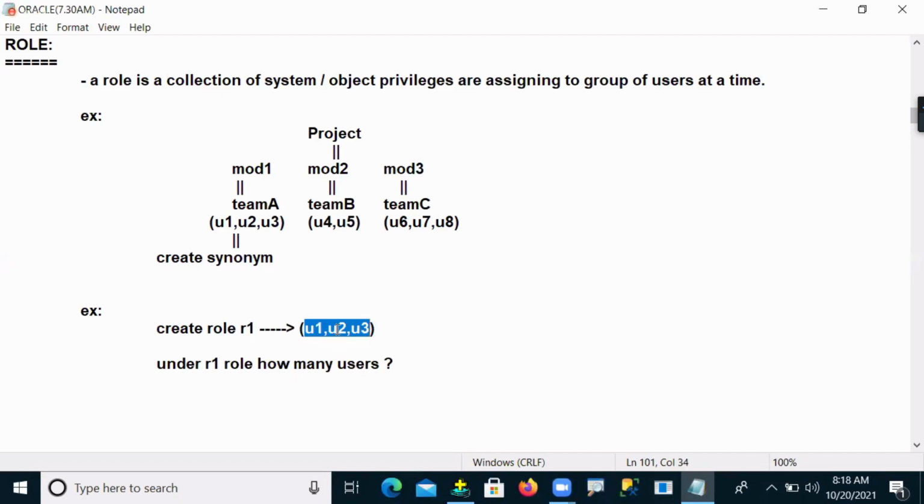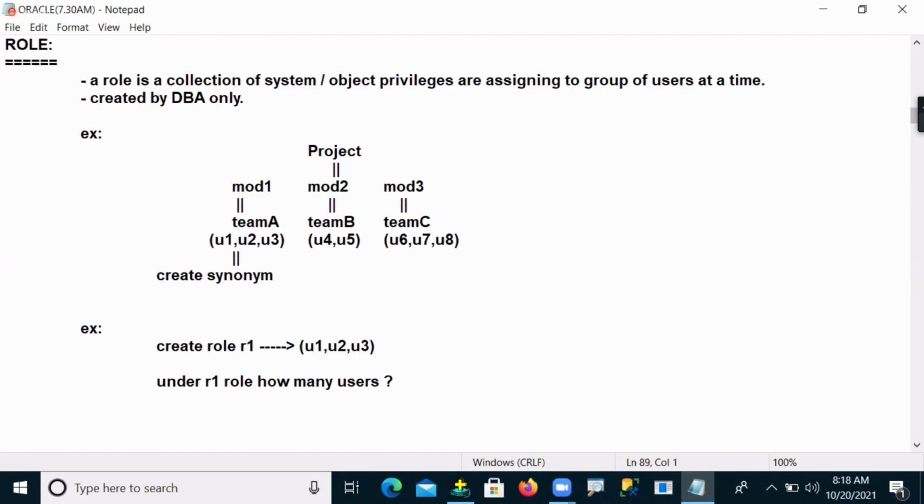This is the concept of role creation. But who creates these roles? Only the database administrator creates them, not other users, who don't have any rights. Only the DBA can create these roles and assign privileges to the group of users.